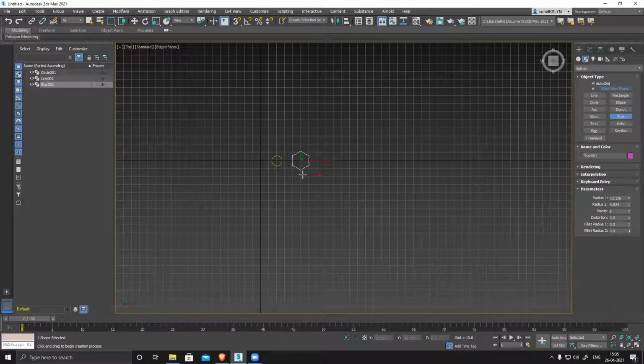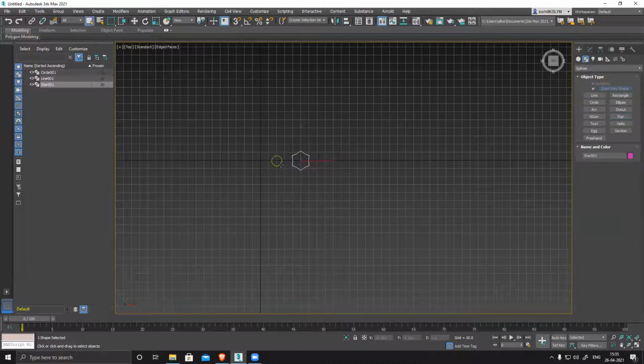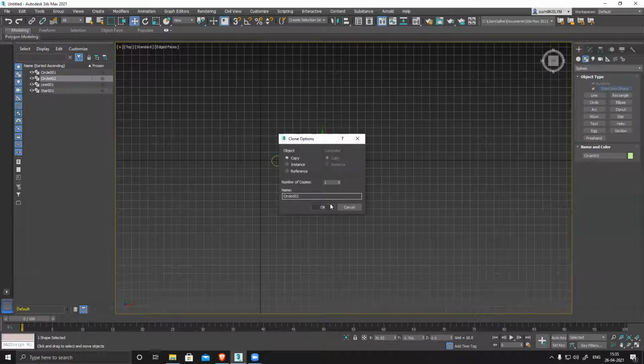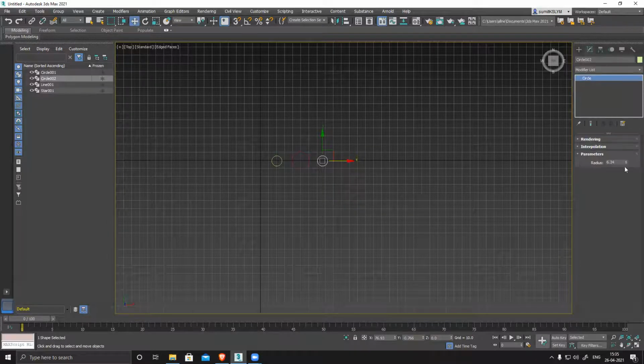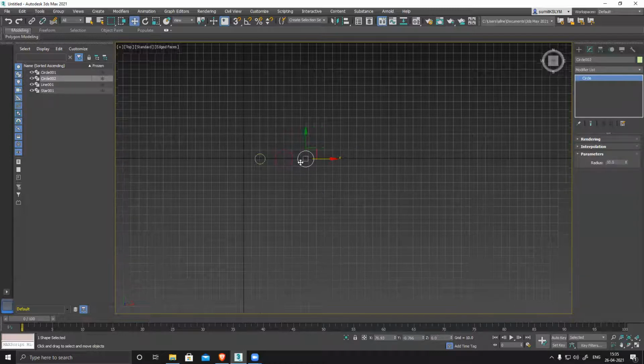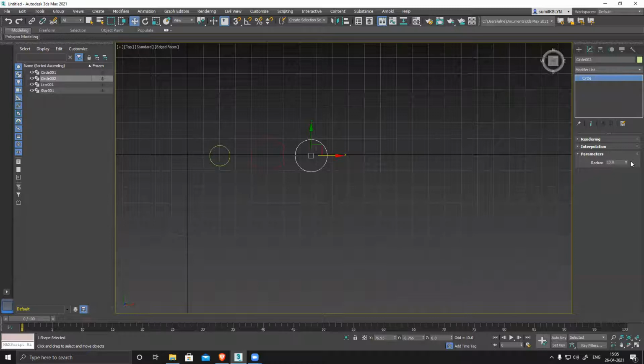Then after the star, when this grip ends, that shape is again a circle. So I can duplicate this circle, shift and duplicate, and go to modifier and change this to maybe 10 radius. This radius you have to change manually. Just scaling up the circle won't change the radius. The radius will be the same.